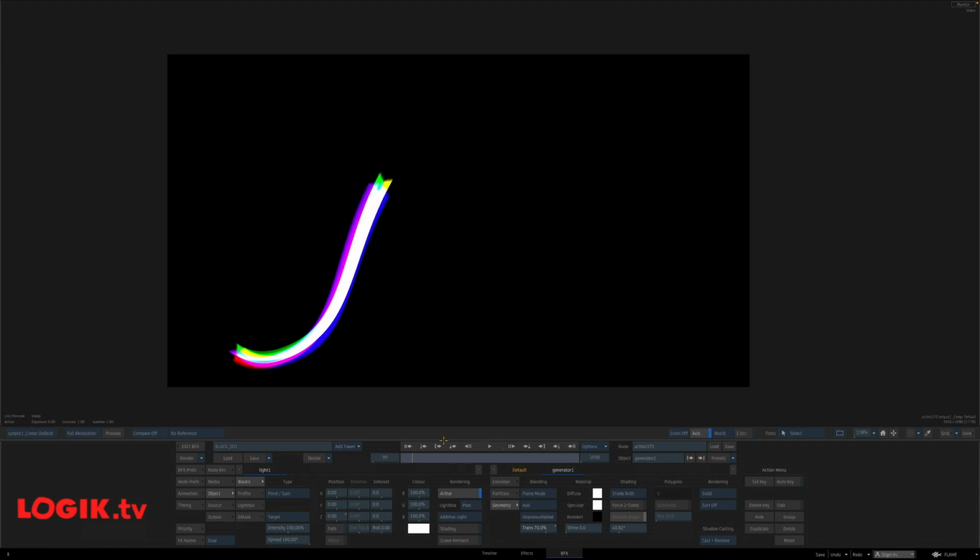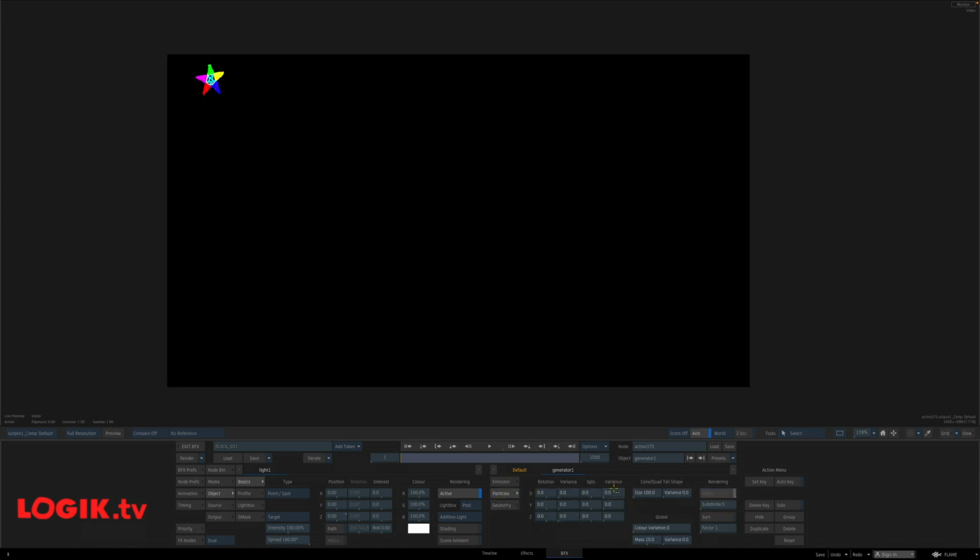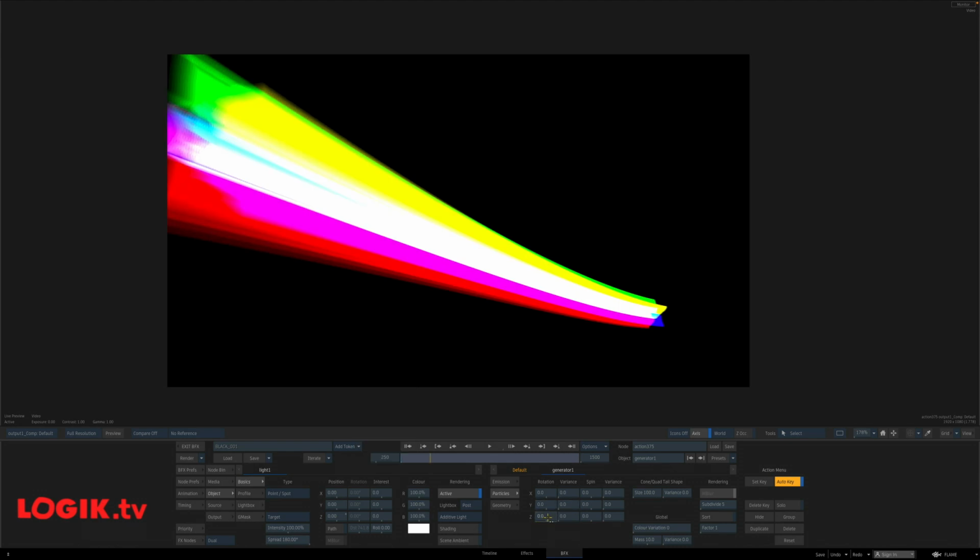Cool. That's nice. But to add some more variation, we can rotate the particles during their lifetime. Well, not during their lifetime, but this rotation variable here gives you a rotation of each individual particle, a rotation at the moment it is born. So if we set this to be 0 on frame 1, and on the last frame, if we set it to, say, 250,